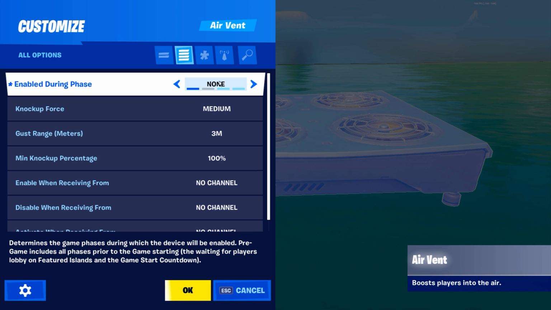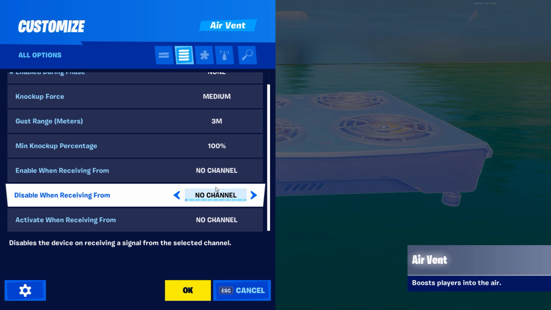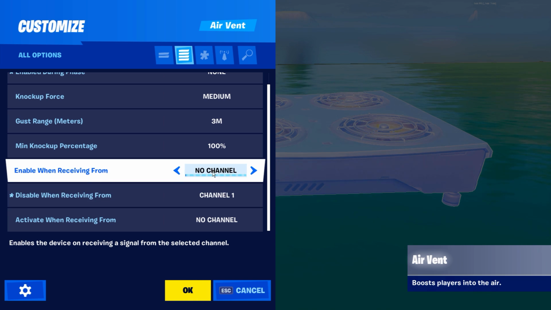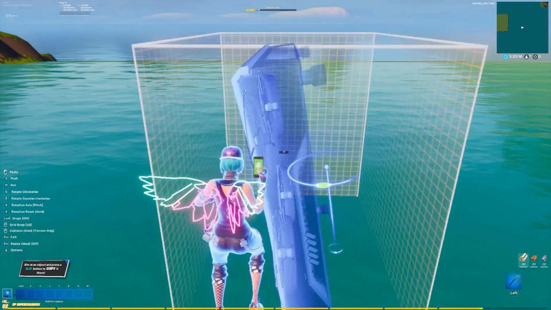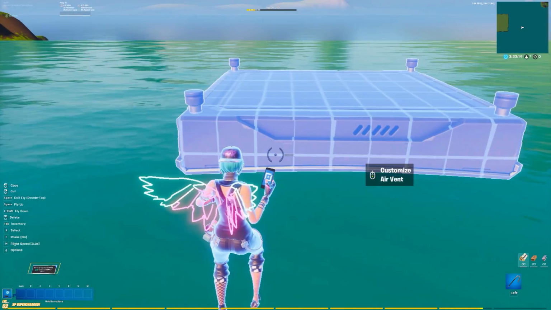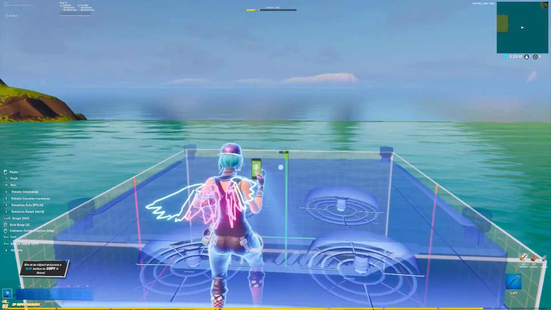We want to set enable during game phase to none, and then we want to go down and set enable when receiving from channel 2 and disable when receiving from channel 1 and click OK. Then we need to take our air vent and we want to flip it upside down. Then we're going to change the grid snap to 2